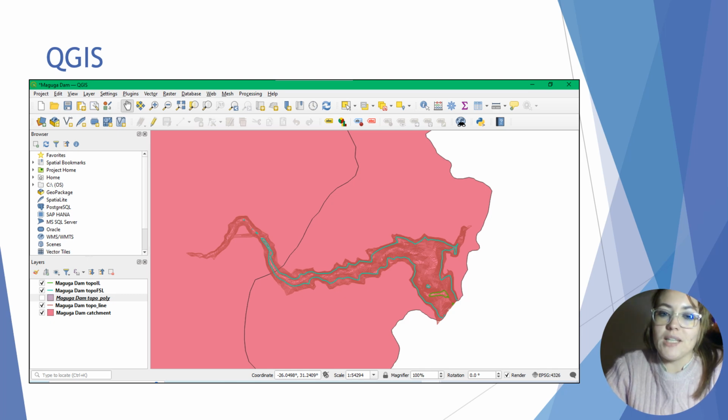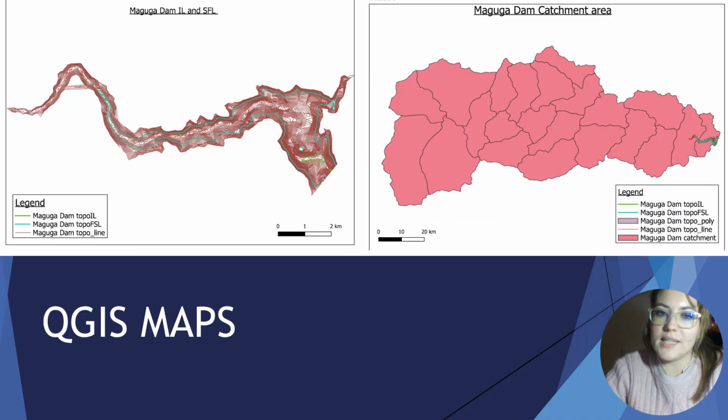This is done by editing the ID information and requesting the $area function, which uses the SI unit that the layer is currently created on. This information can then be copied onto the clipboard and imported to another program. Okay, displayed you can see the two maps produced, namely the Maguga Dam intake level and full supply level map,